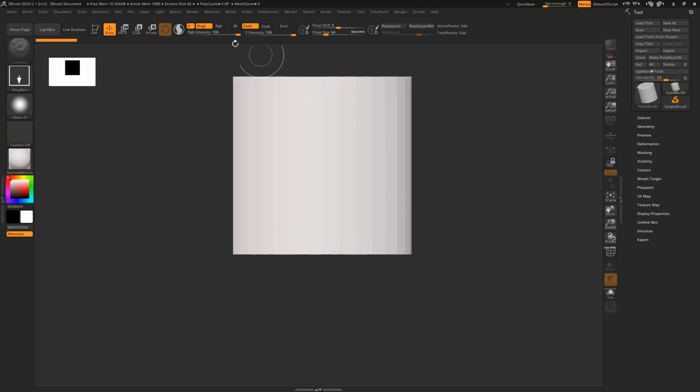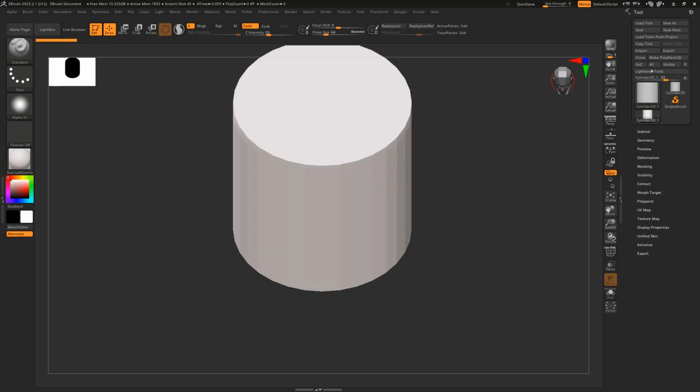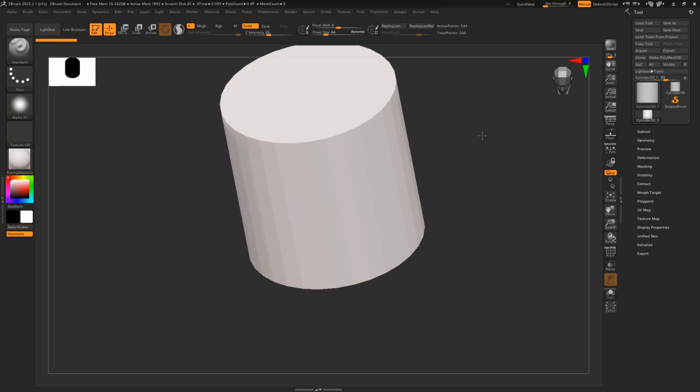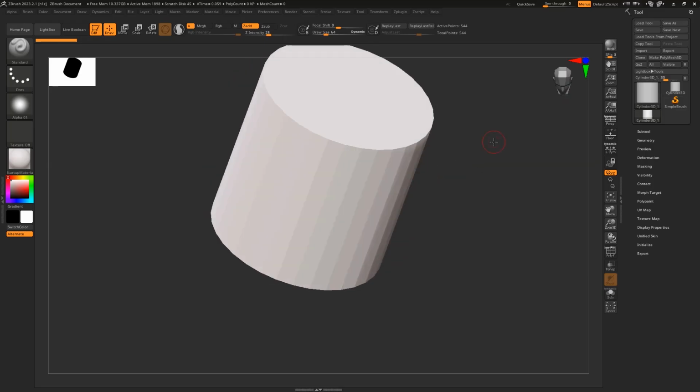Once you're done, go up here, click Edit. And now we're in 3D mode. You know you're in 3D mode because you have this head, which you can rotate. You can also, if you click anywhere around the shape, you can rotate it. If you want to zoom out and in, you have to click